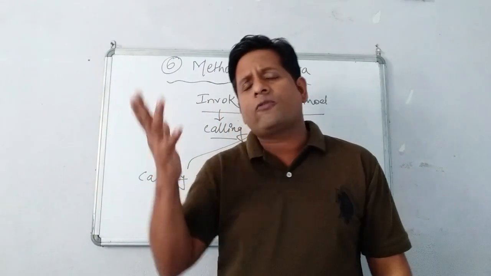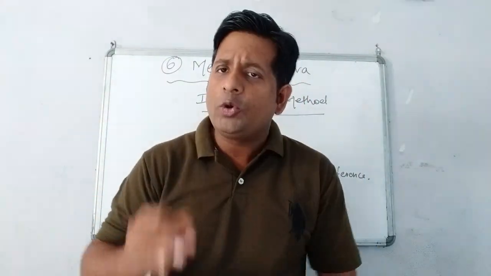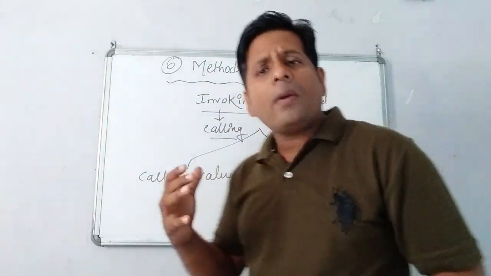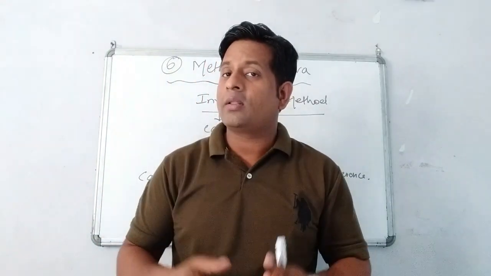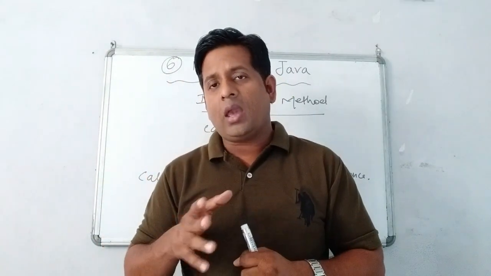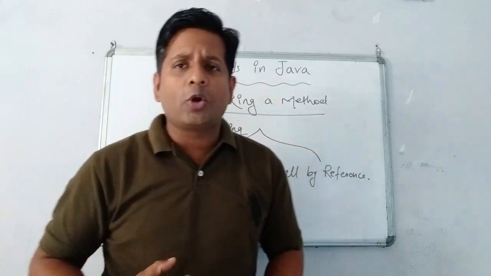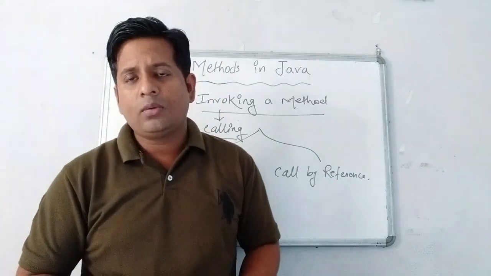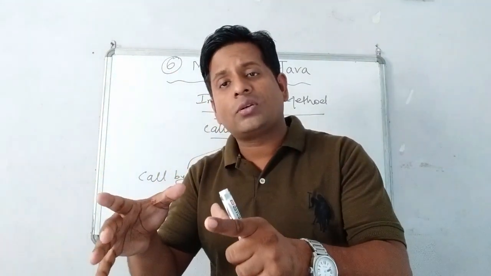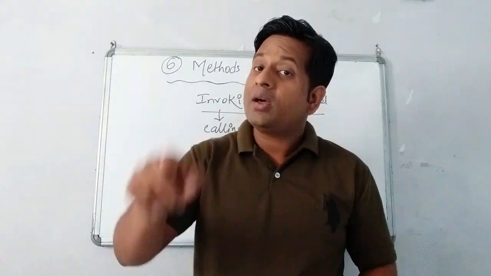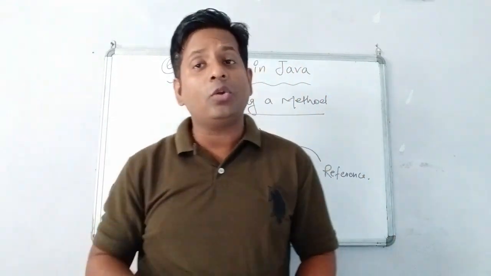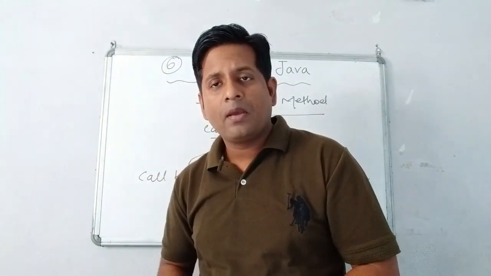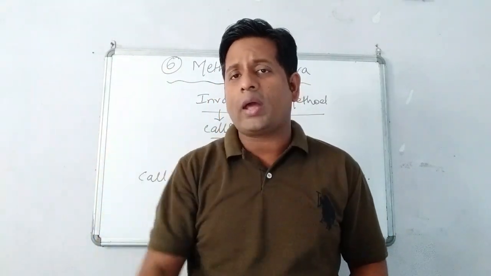See children, the concept is the same here in programming also. Call by value means directly with value you can call. Use the value in the parameter or argument to call the function. Finish. Another part, call by reference, through someone. Now who is that someone? That someone is an object. If an apple is there in your home, you can say, I want to eat apple, correct? That is a value. Another thing you can say, I want to eat fruit. That is also correct. But here fruit is what? Reference. You are not directly pointing to the apple. You are saying fruit. Now it can be apple, it can be mango, it can be oranges. But when you are using a value, directly you are pointing to that.